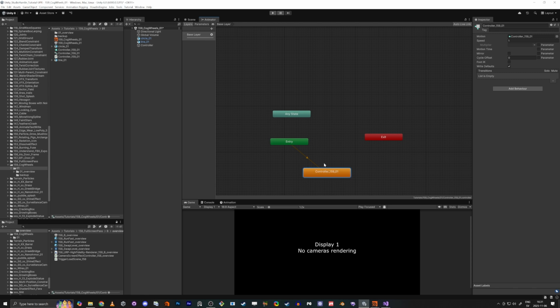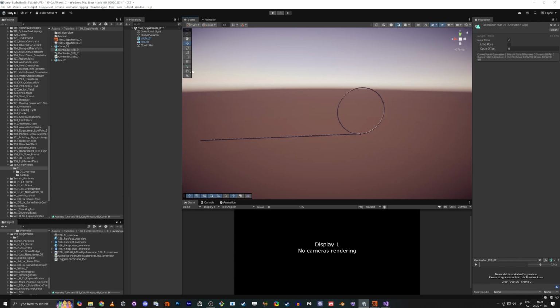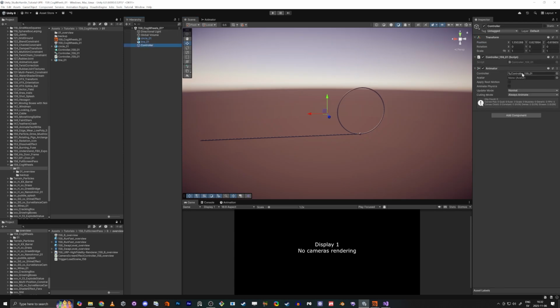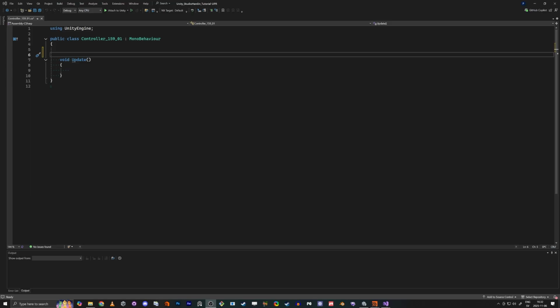And what's really important now is that on this animator clip, we do loop time. So make sure you do loop time, because then we have it looping. So if we look here now in the controller, we have an animation going on. So that's the one we have here. Perfect. So if we go back to the script, here we're going to add the same stuff that we had